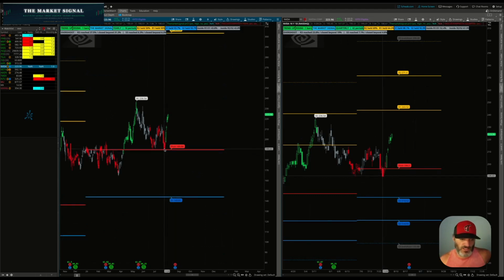What was the low on this candle right here? 190.01, and a penny. That's where the close was, actually, and the low. So it closed on the low of the day. What caught it? The pivot. What does it do after that?